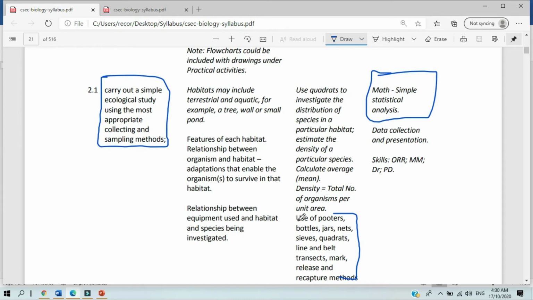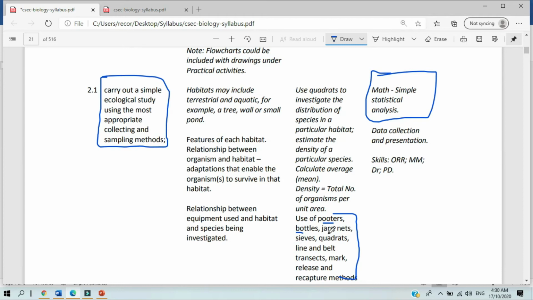We might have to look at using any of these equipment. We'll probably have to make them at home, bottles and jars and that type of thing, in order for the kids to carry out the lab. That too I'll be taking you through. So this is very, very important because the syllabus wants us to cover this, and like I said, there are